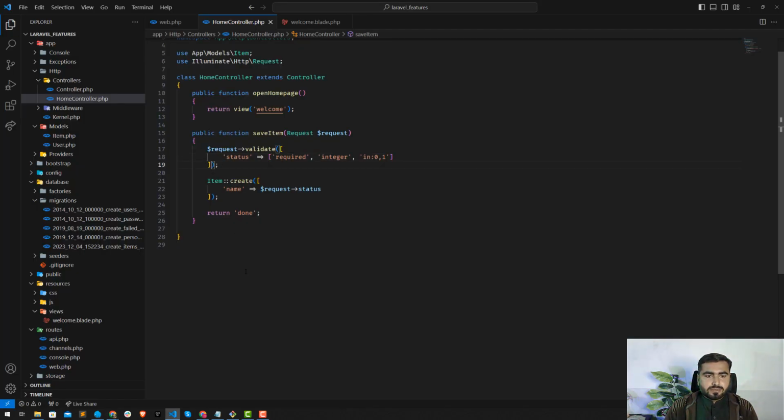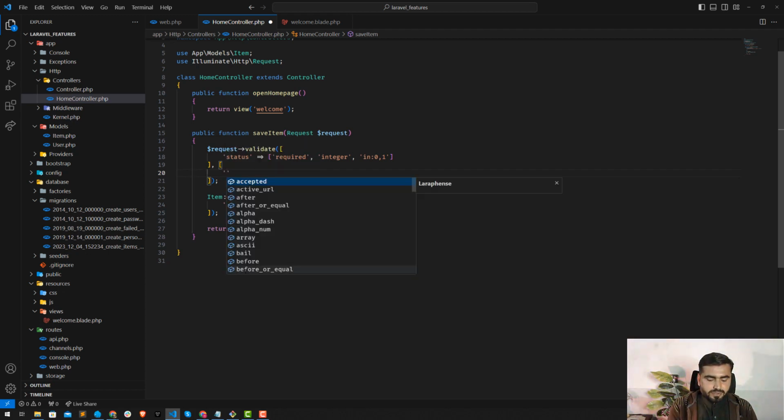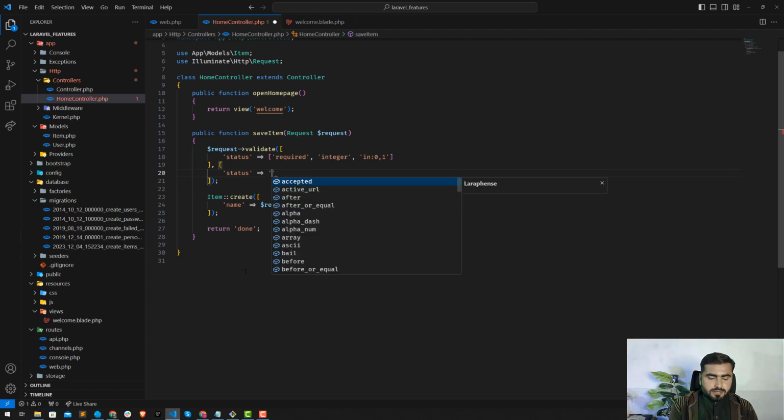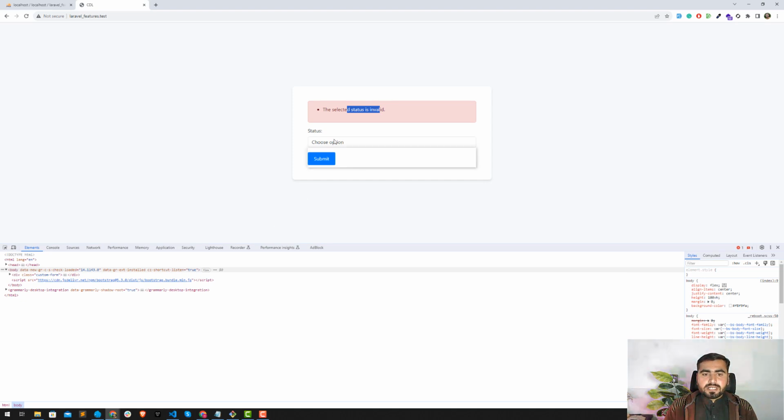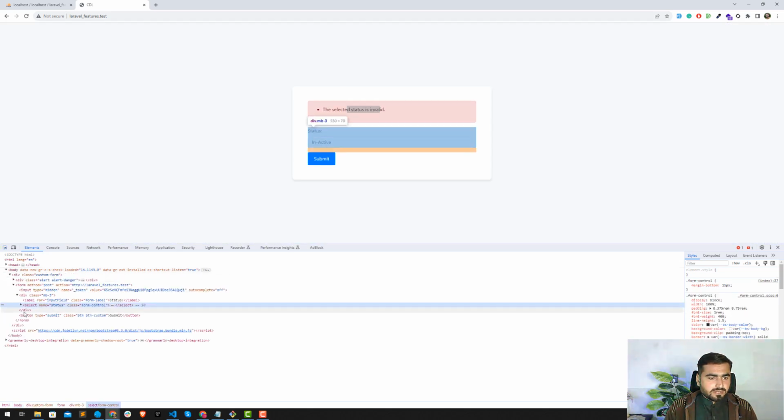So it's pretty simple. If you are using the form request, you can add this into your messages function. Otherwise you can define it here in the second parameter as an array. So here define your status, and don't apply this directly on the status. Why? Let me show you here. You can choose only defined status, something like this. So if you just add this status here, if I choose here inactive, and I'm going to open inspect element,